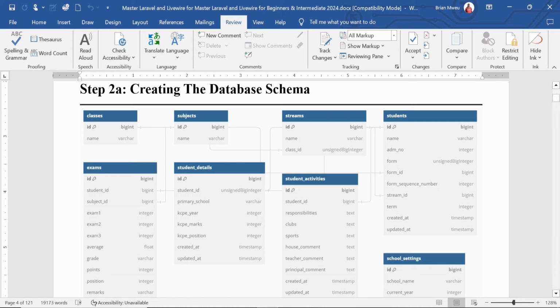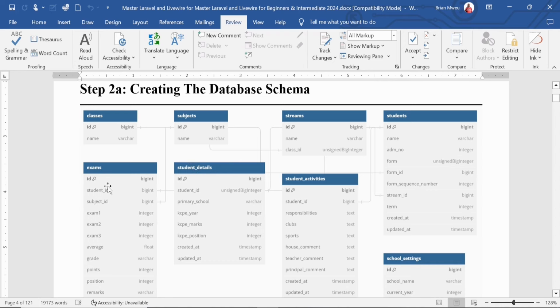Now with this database schema, the first table is going to be the classes table. Within the classes table, we're going to have a table for classes, of course, for our student report system, which is going to have an ID and a name, and you can see the data types, int and varchar, or variable character. So this has to be the first table. Why? Because when you look at, for example, the streams table, it has a foreign key, which is the class ID. So this basically means that it has ID and name, and it needs to be the second table, because when you look at